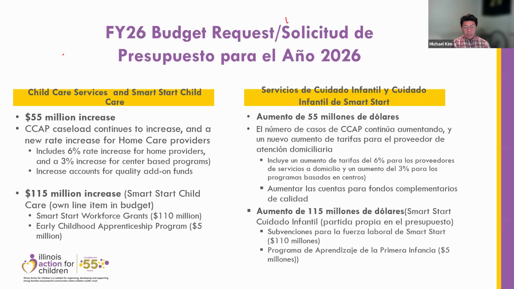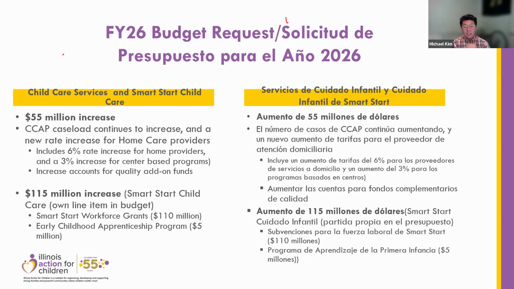Second part, for the Smart Start Child Care line item, we were asking for a $150 million increase. According to IDHS, for FY26, there needs to be at least a minimum of $200 million to continue to support the grants at their current rate. Out of the $150 million, we're asking that $110 million of that goes into the Smart Start Workforce grants, which will be a total of $220 million for FY26. It's a little bit more than what DHS is thinking that we need for a minimum, but we think that the extra money is definitely needed to keep up with pace and to be able to expand the grant as well.